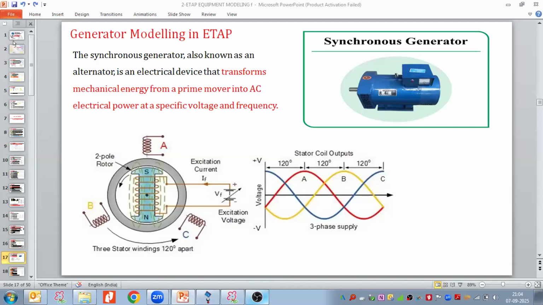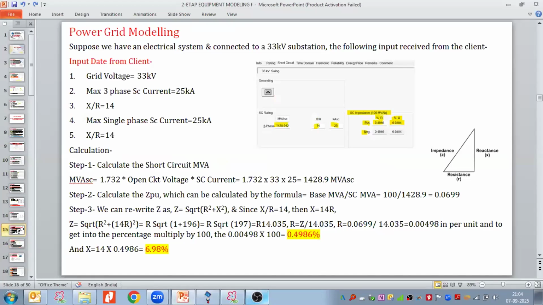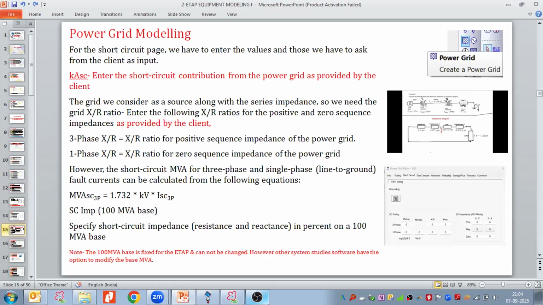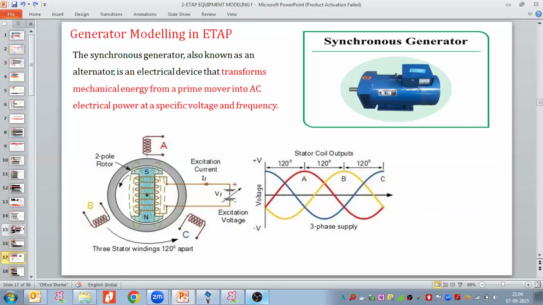Let us take today the next equipment. Like we discussed yesterday about the grid, we are modeling the power source equipment. In the power source, yesterday we modeled the grid, and let us take today our conventional synchronous generator that we use in any conventional power plant to generate power. So let us see how we model the generator in the ETAP for